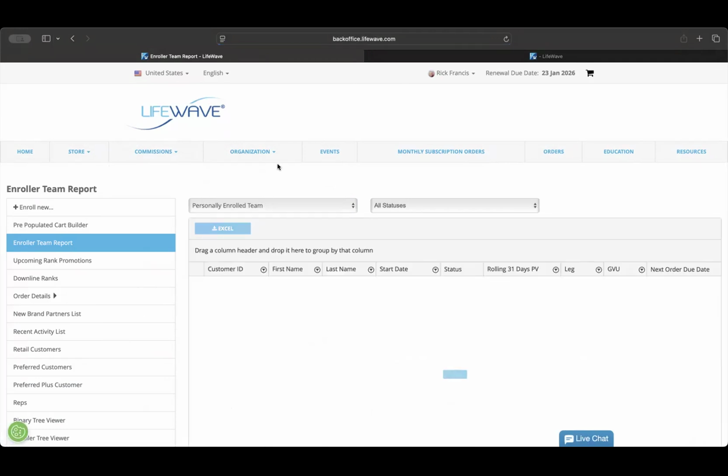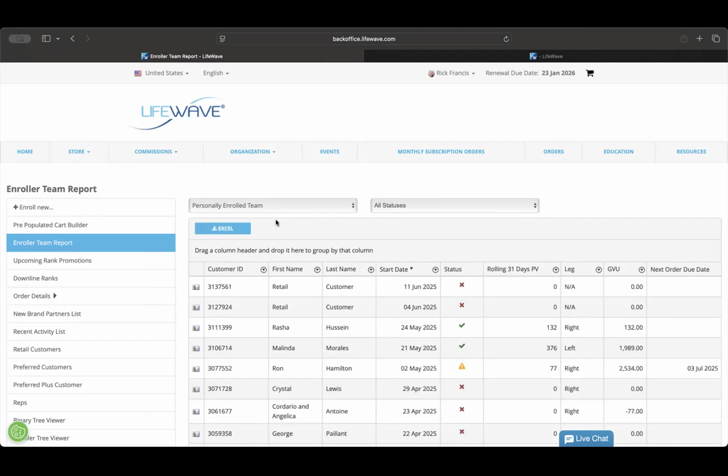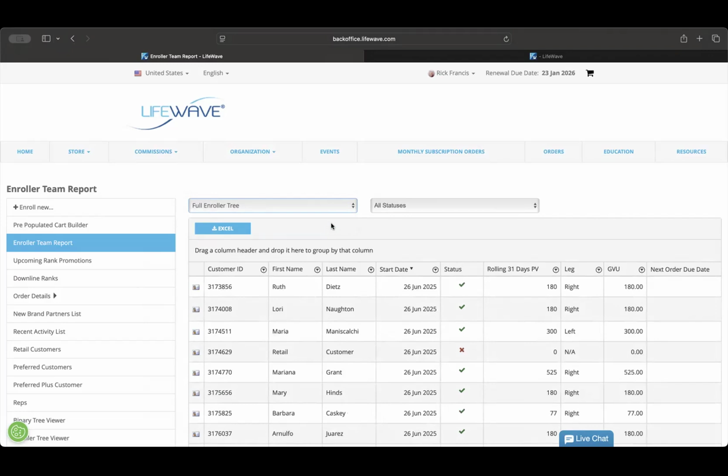Now, what is going to happen is you are going to begin to see a personally enrolled team. That is not what you want. You want to see your entire enroller tree. First of all, we talk about digging and finding responders in your organization. This is going to help you do that, but it's also going to help you know